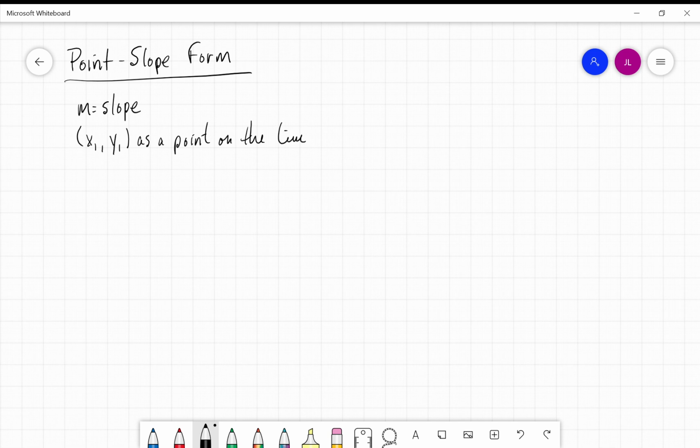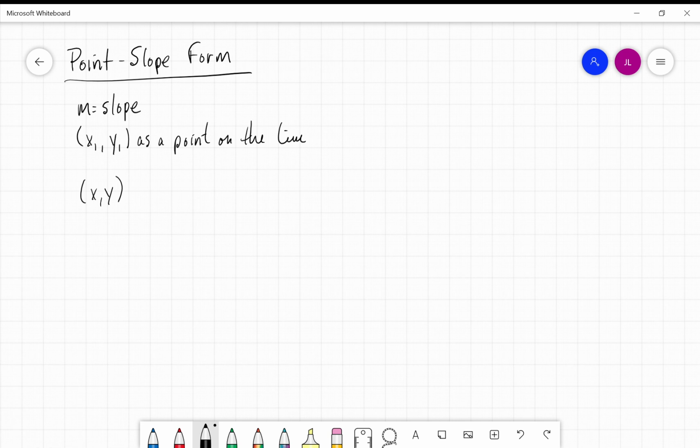So we have x1, y1 as a point on that line. If we have another point, x, y per se,